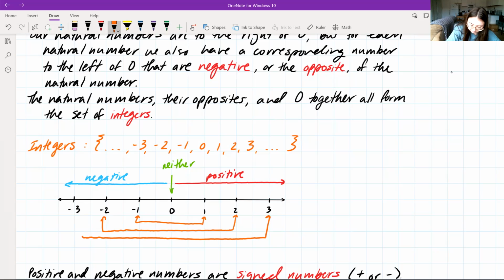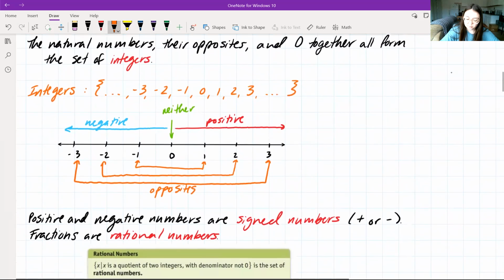3 and negative 3 are also opposites. And this goes on for infinity in both directions, so negative and positive infinity. And these are opposites. Yeah, I spelled that right. All right, so these are our opposites here. So moving on,